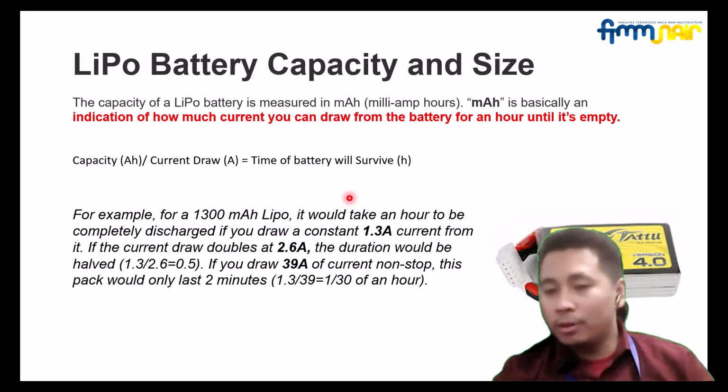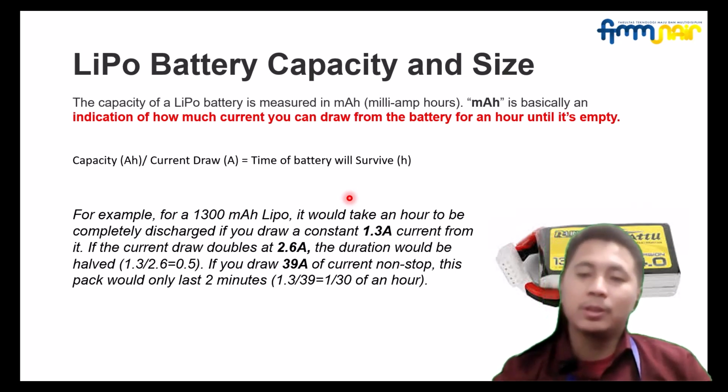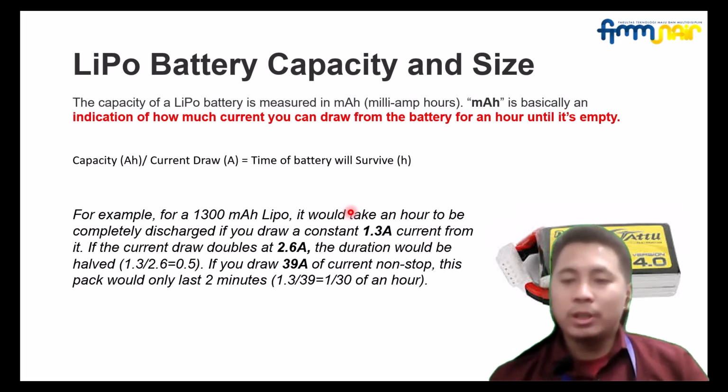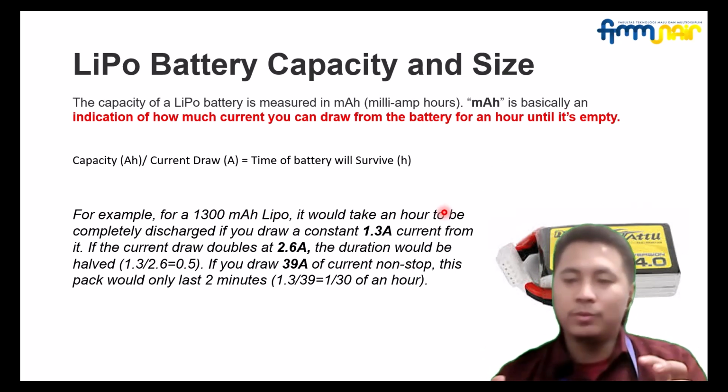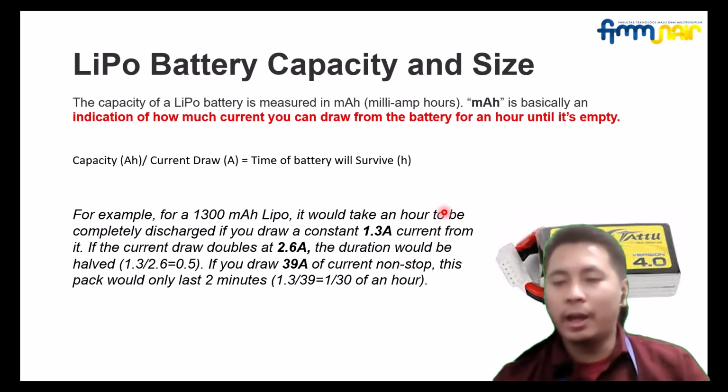For example, you have a 1300 milliampere hour LiPo. It will take an hour to completely discharge if you draw a constant 1.3 ampere current from it. And if you draw 2.6 ampere, the duration would be half. So that's the calculation. If, for example, all of the motors draw 39 ampere of current non-stop